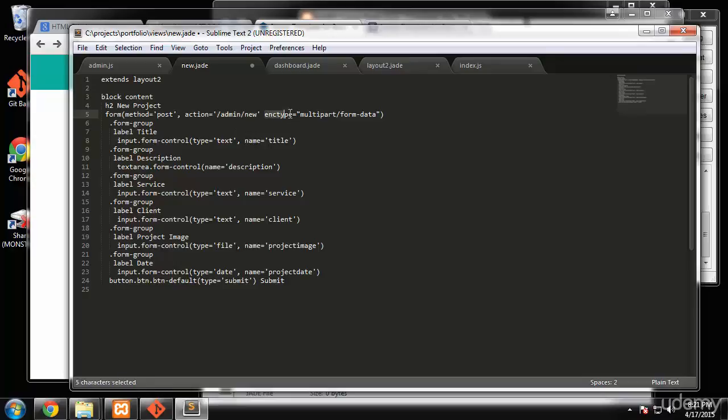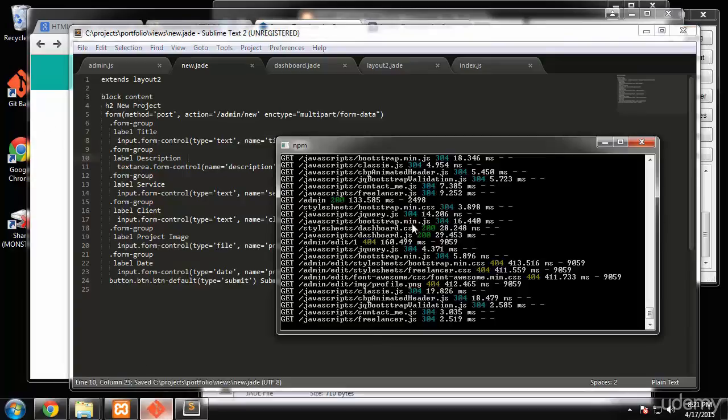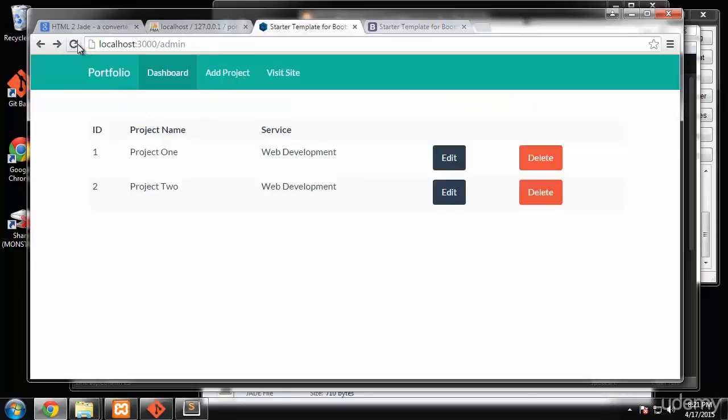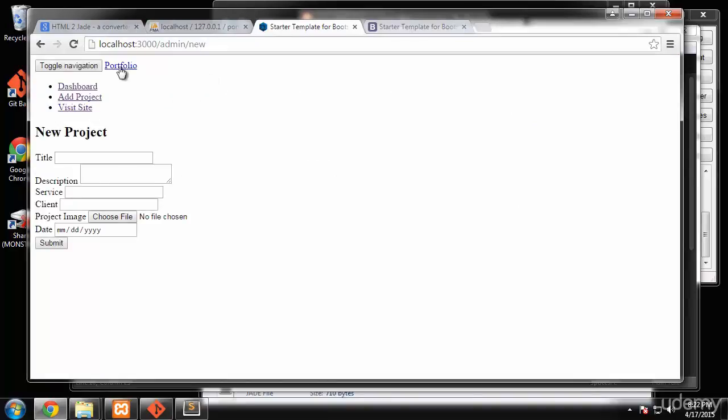And you want to make sure you include enc type because we have a file that we need to upload. Down here we have input and type file. Okay, and you'll notice we have a name for each field as well. That's what we're going to grab to pass that info in. So let's save that. And now we should at least be able to see the form. Okay, if we reload, go to add project. Okay, so that's the form, but